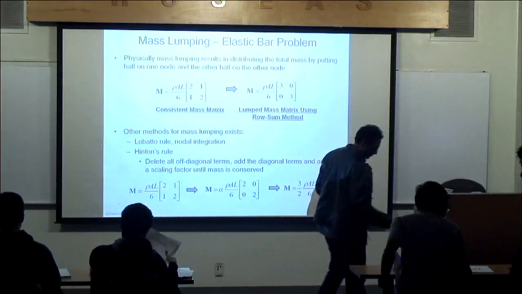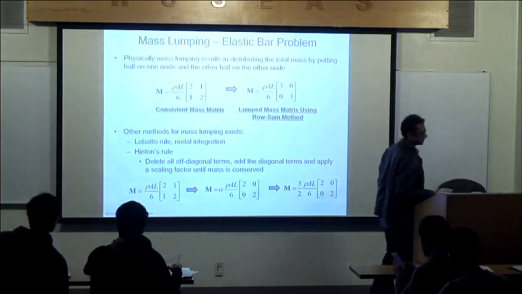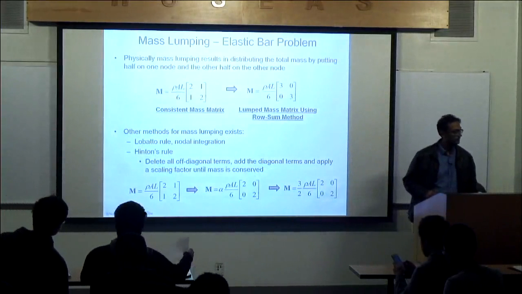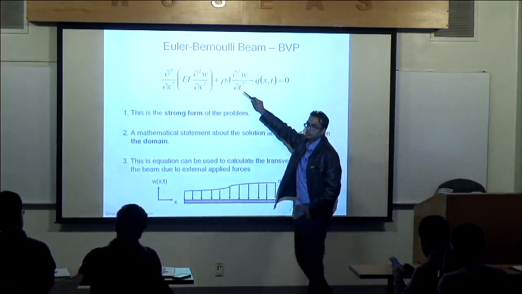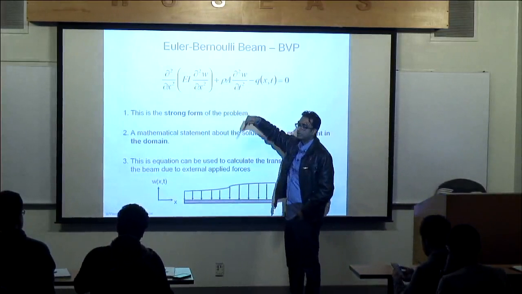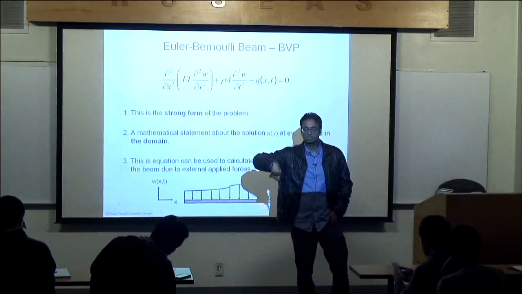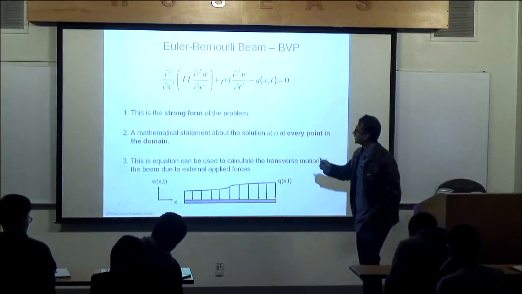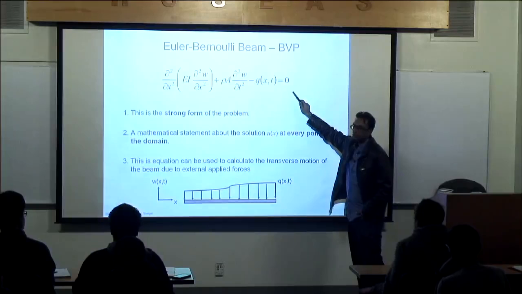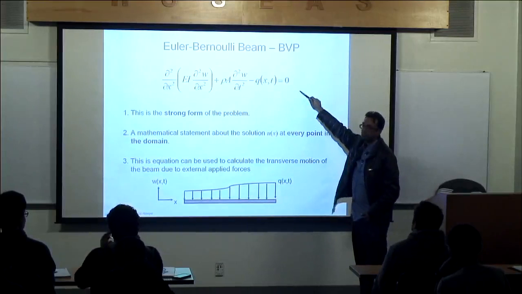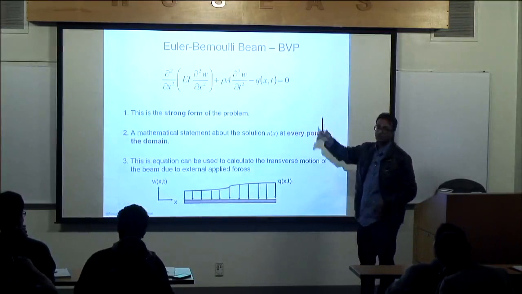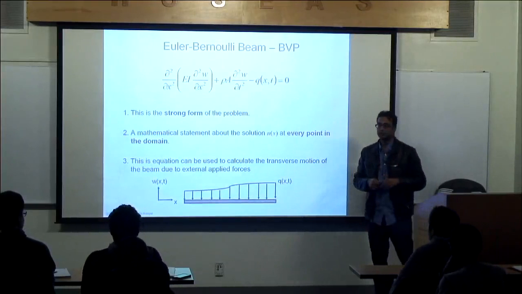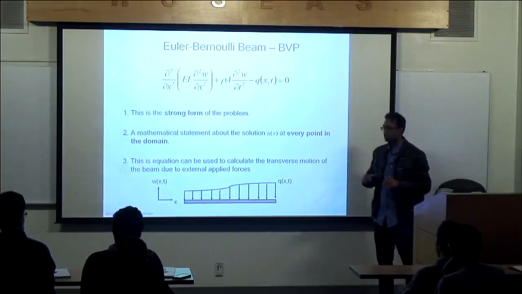All right, let's go and discuss now Euler-Bernoulli beam. So for Euler-Bernoulli beam, now I have a mass term right here times acceleration, but now the acceleration is also in a transverse direction. This is the strong form of the problem. It's mathematically true at every point in the domain. And then this equation can be used to calculate the transverse loads as a function of time, transverse deflections as a function of